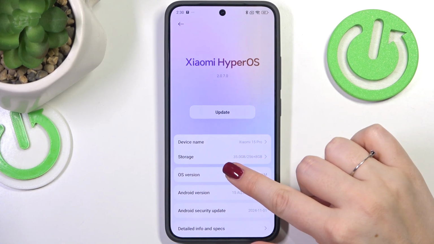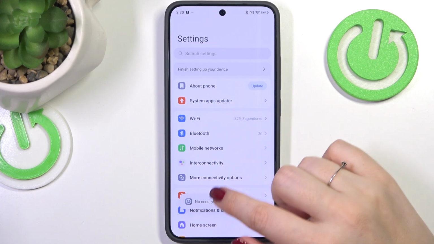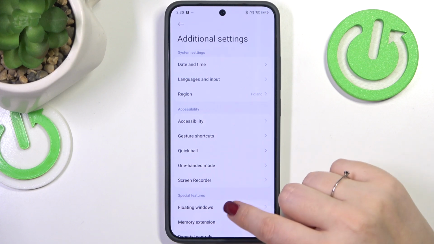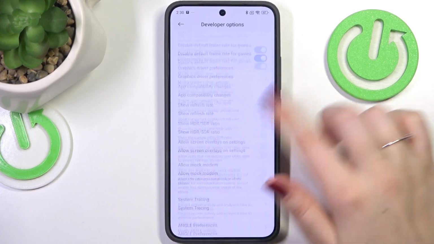Now let's localize OS version and keep tapping on it until you see that you're in the developer mode. So now we can go back to the general settings, scroll down and find additional settings. Then let's scroll down and find developer options, and as you can see here we've got plenty of advanced settings